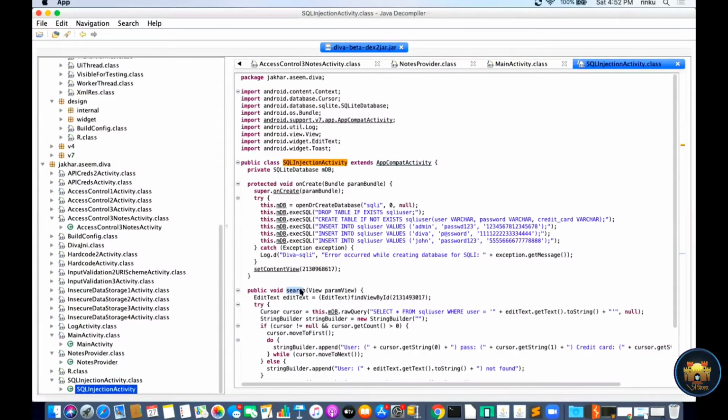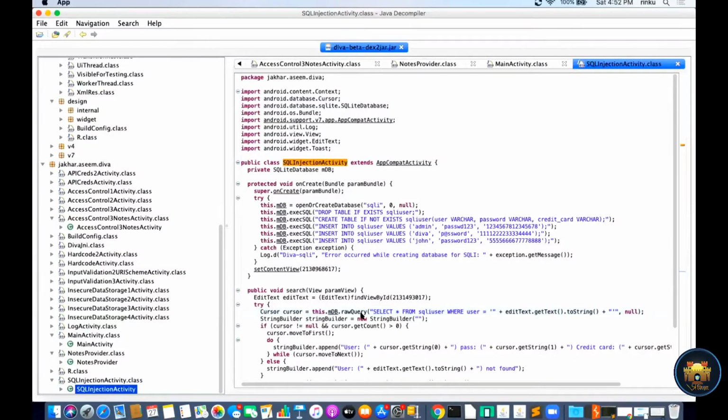In the second line, you can see the user input is retrieved into the edit text variable, and in the highlighted line, you can see that the editText.getText().toString() value is directly added into the cursor and called to the database query, using the rawQuery function, directly calling the database process.